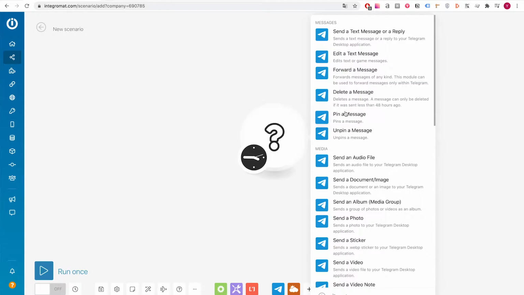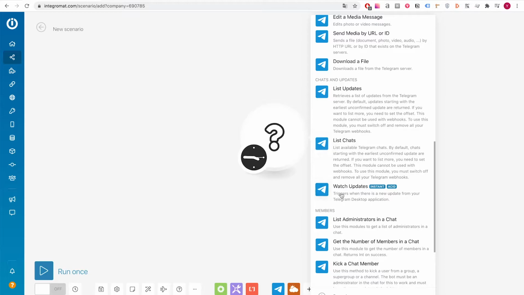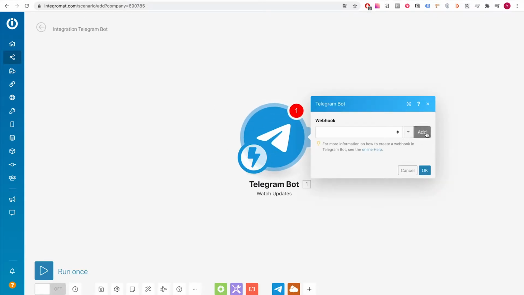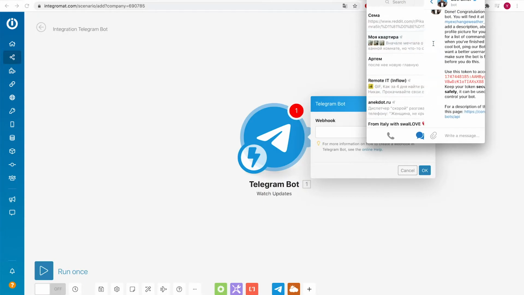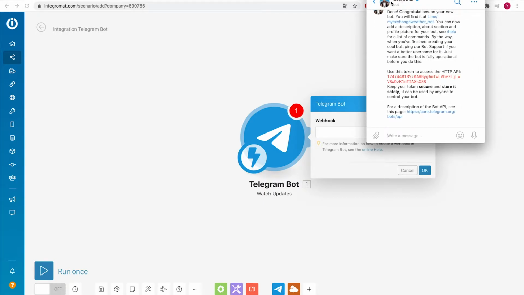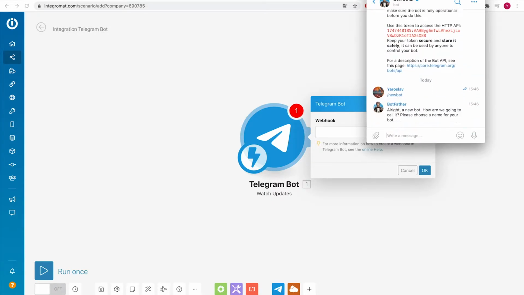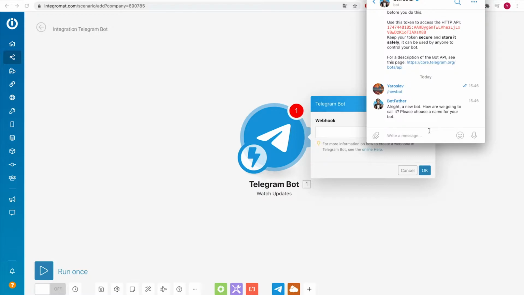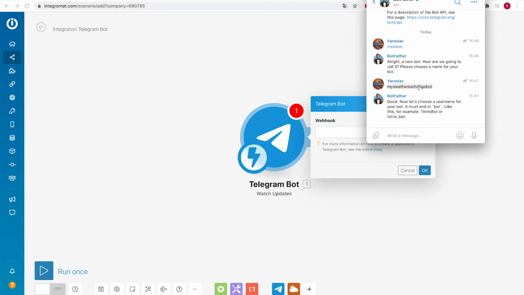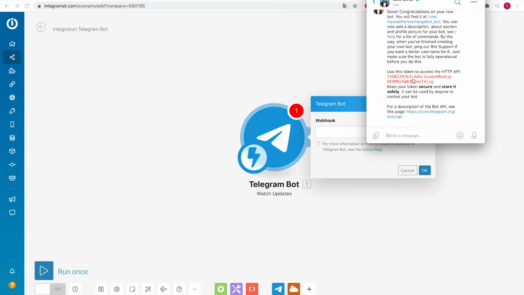Now we need to add Telegram first, and we need to make it watch updates. Next we need to create a bot. For that, as always, we need to look for the BotFather bot in Telegram, and then with the command new bot we create a new bot. The name would be something like this. Then we copy the token,